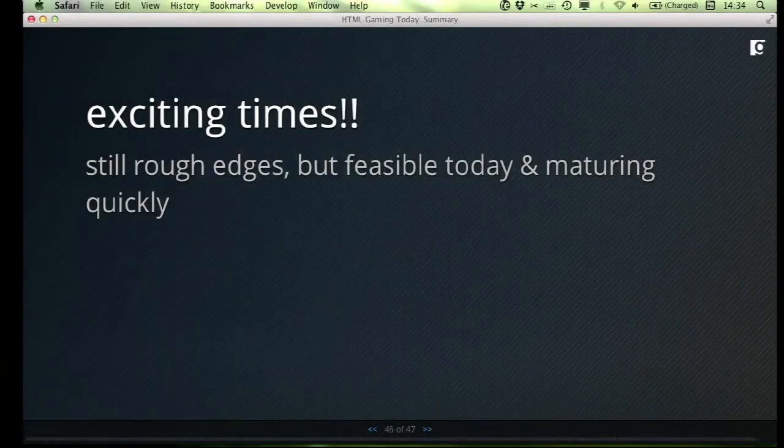So to kind of wrap it all up, these are exciting times, right? There's so much change right now. It's really exciting to be involved at this point. It can be frustrating at times, but it's really awesome to be working to solve some of these challenges, to see all these new specifications coming out, getting to play with them, getting to see what we can do with them, and kind of being explorers in this space. Still some rough edges, but things are getting better fast, right? There's a lot of stuff in the pipeline that's going to make our lives easier building games.